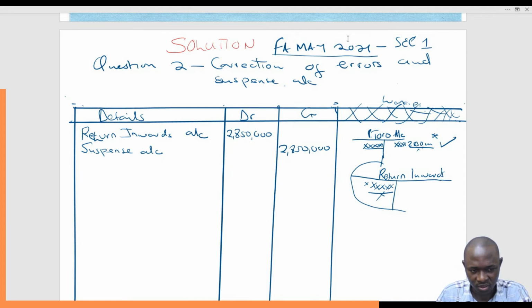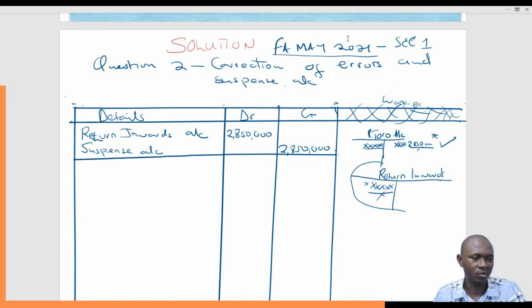And then you close. This is how we close the book. You simply do a line like that to close that particular transaction. So we have closed it. But if there was need for narration, we'll have put the narration right here as the third line. So that is complete as it is. Let's move to the second